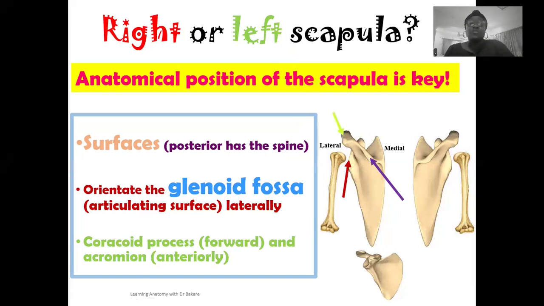This acromion is seen to be directed anteriorly, and the basis behind this anterior direction is for it to be able to fix or accept the clavicle. We know that the clavicle is located in the anterior region. So the acromion is seen to be directed anteriorly for it to be able to connect or unite with the clavicle that is located in the anterior region. So if you place the scapula according to the highlighted points or factors, you would be able to deduce whether it is the left or the right